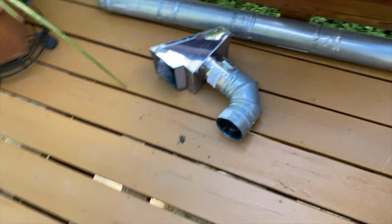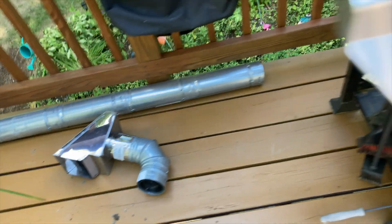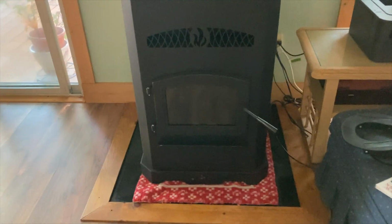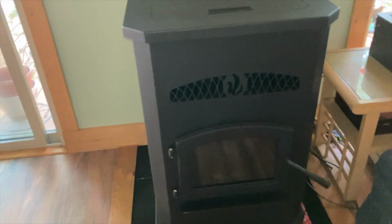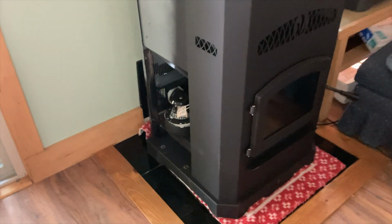Here's the pipe. All right. Oh, I got the T someplace. All right, there it is. Still on the rug, slid it in place. Actually, wasn't too bad. I think it's lighter than the one I took out. And the freaking thing's massive. But